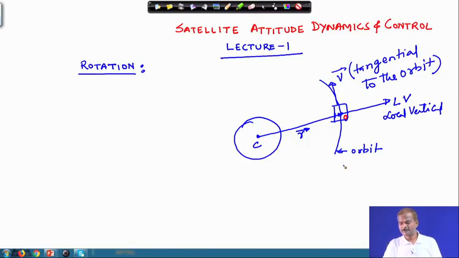Some of the authors or some of the books may tend to represent the opposite direction, that is toward the center of the earth, as the local vertical. So, irrespective of whether you indicate the local vertical in this direction or in this direction, it is okay, but you should continue with a particular convention. That is, if you are representing in this direction, you should keep continuing with that, you cannot keep exchanging in between, then the whole calculation will be wrong.